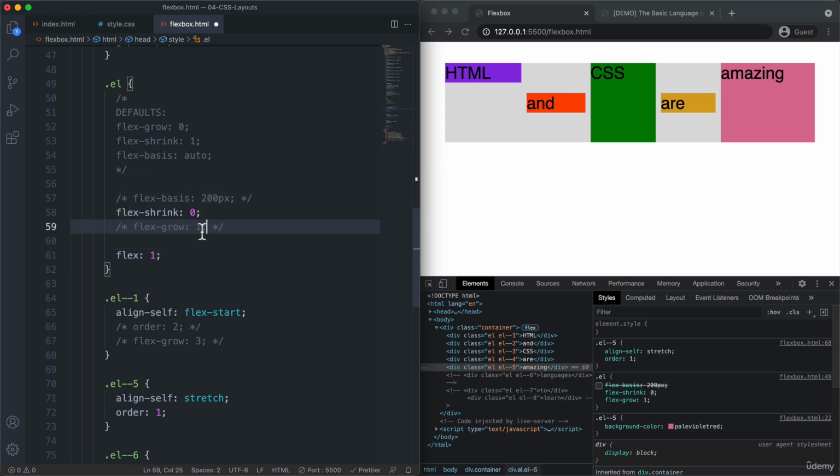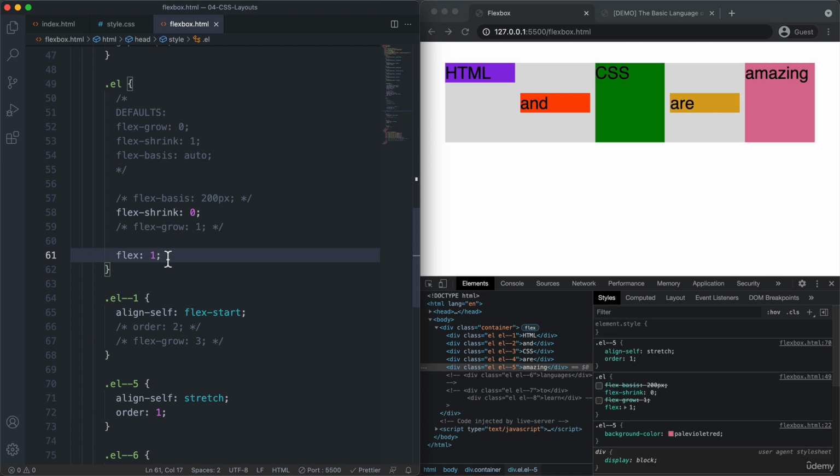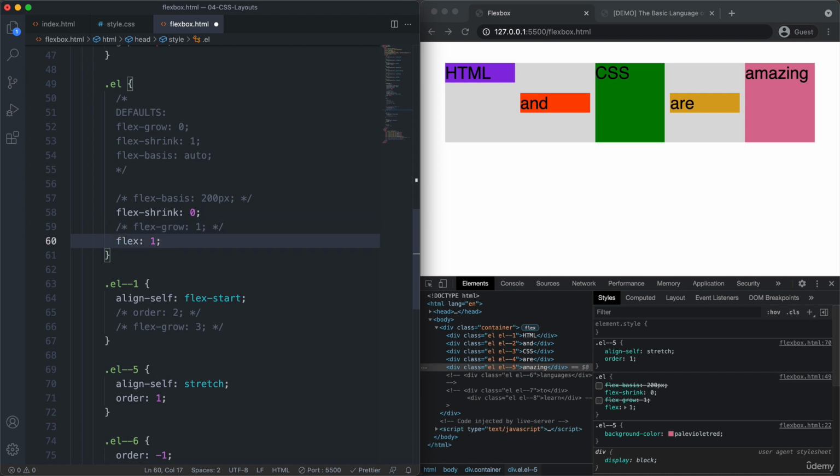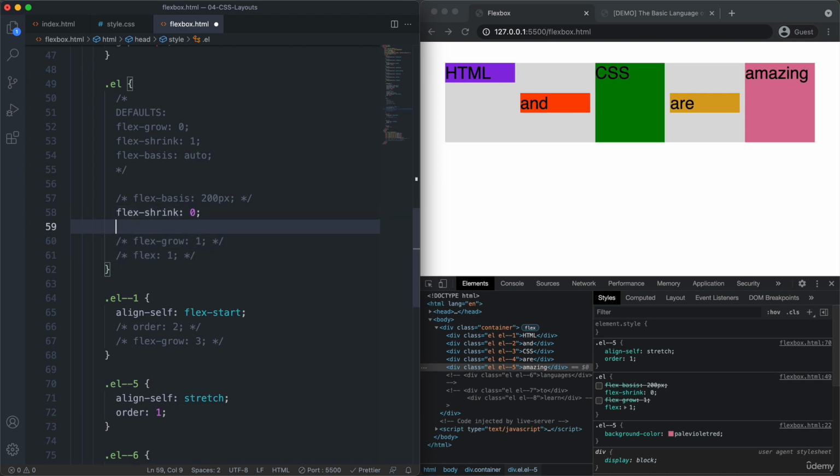So we don't need this, and usually we never do it like this. We always write just flex 1, and we then end up with the same result. So as a best practice, we should in fact never use one of these 3 here individually, but always use the flex property. Okay, so this one here is equivalent to using just this,